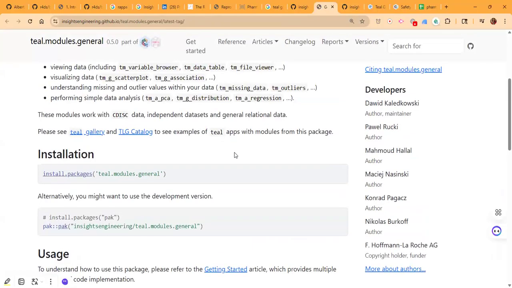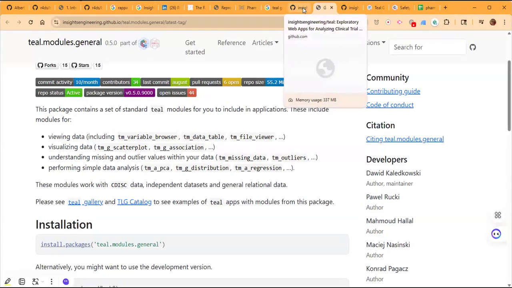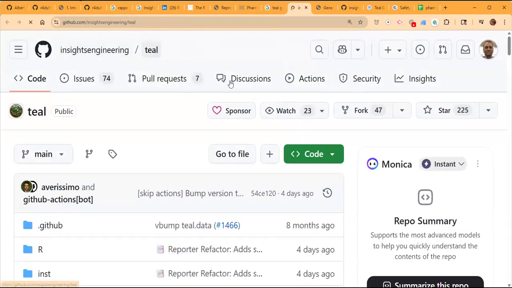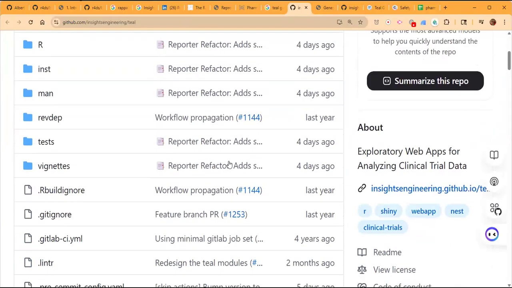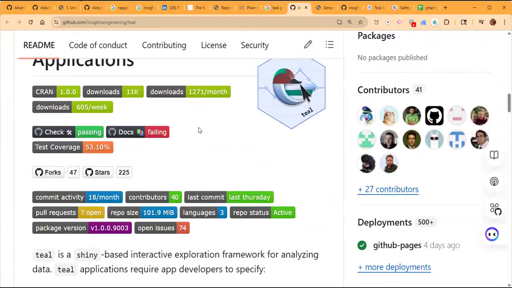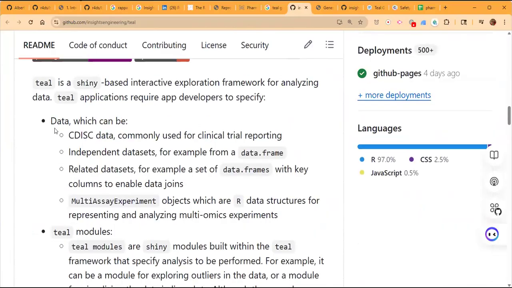And the way we can capture that is, say, in the teal website, where we see this one here, inside engineering slash teal, the GitHub repo. When you go to the repo, there's a lot of things that are already available for us, and data which is